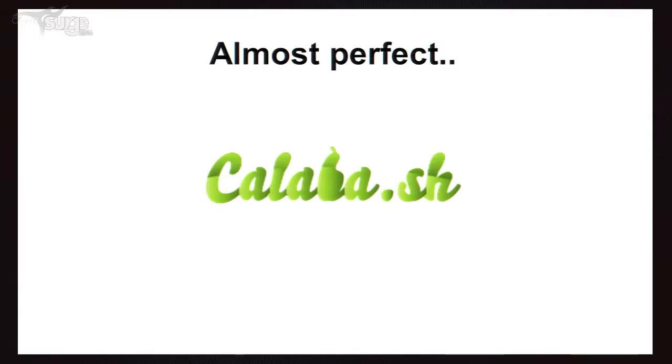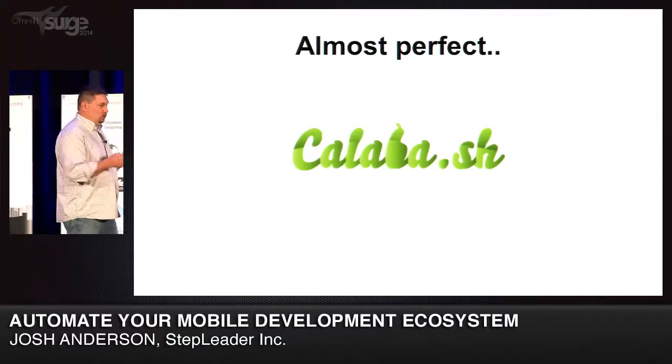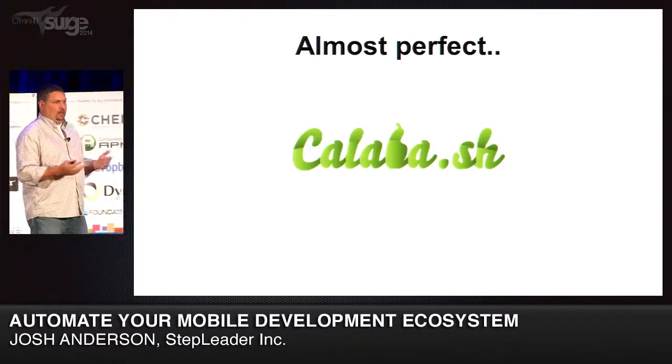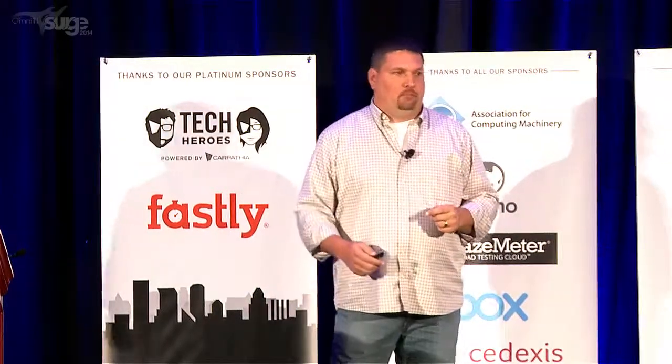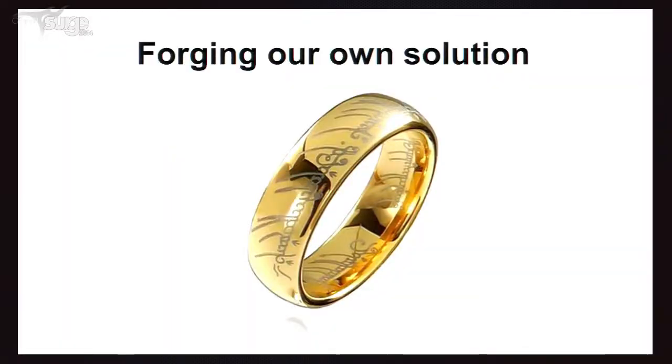Calabash was the tool that we ended up using. We looked at Robotium, which is what Google ships, and it just works with Android, but for iOS, it doesn't really help us. We looked at Frank, another tool that worked in a similar way. With Calabash, it got us most of the way there, right? We had this ideal situation of we want to write the test once and have it run on both platforms. Nobody really did that. So we had to build our own.